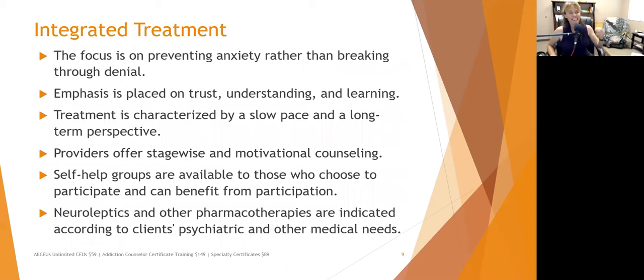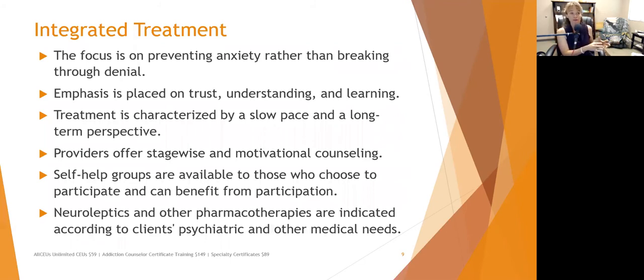When it gets tough, clients are not going to go from pre-contemplation to contemplation to preparation to action to maintenance and off. It's just not how it happens. They will go from contemplation to preparation to action, and then when they're in treatment, they may start getting frustrated. It may hurt too much. They may feel frustrated. Their cravings may be too bad, whatever. So their motivation may wane back to